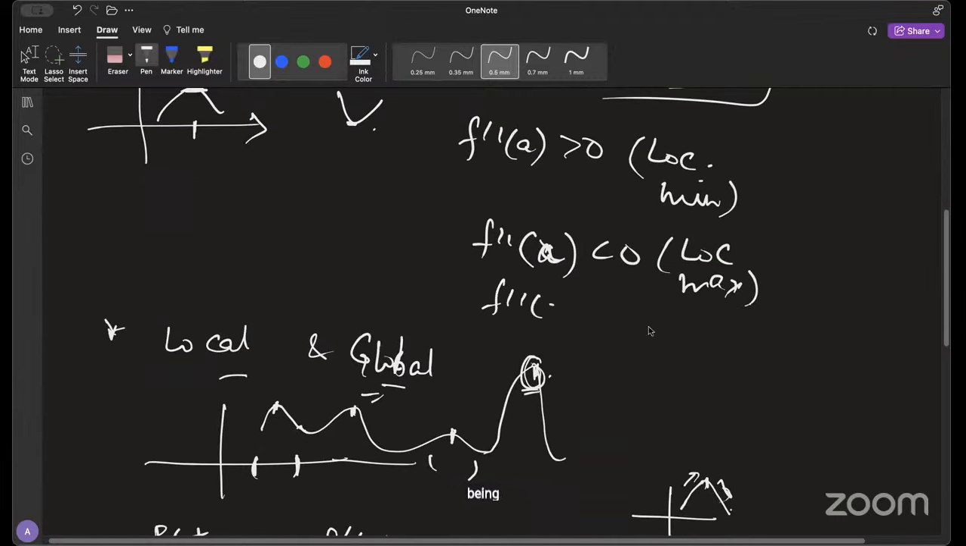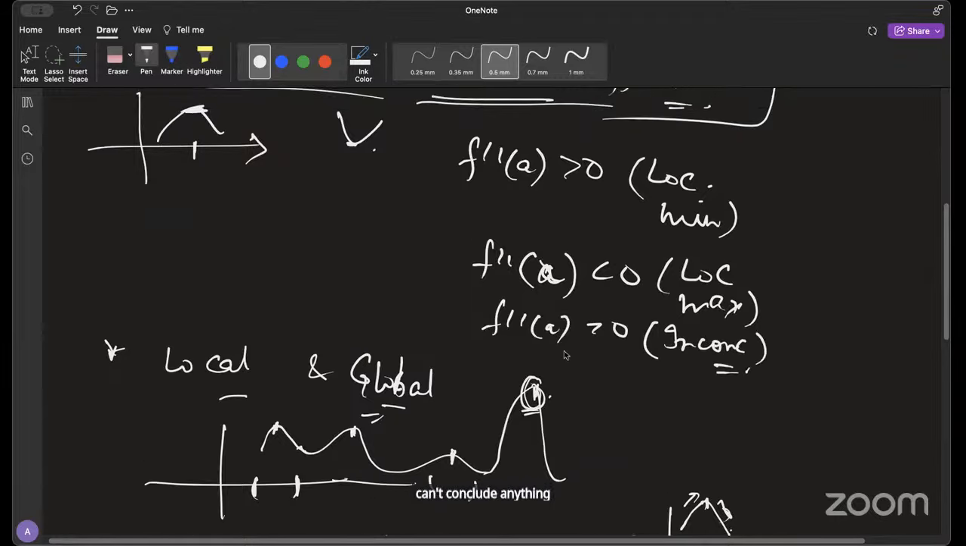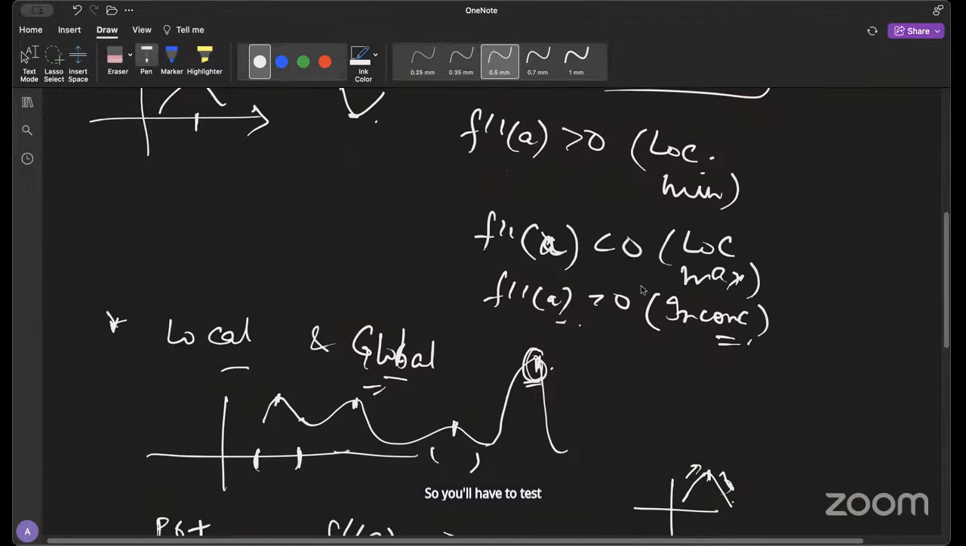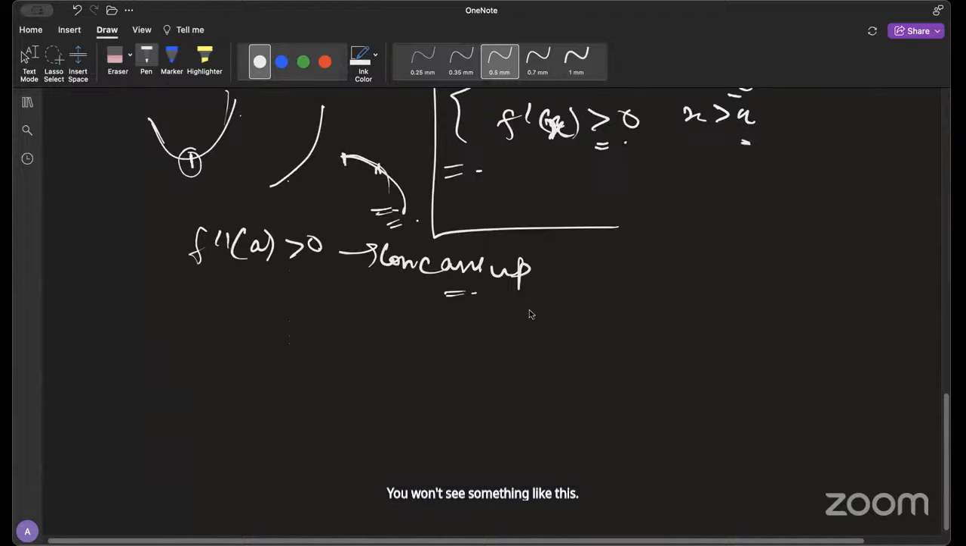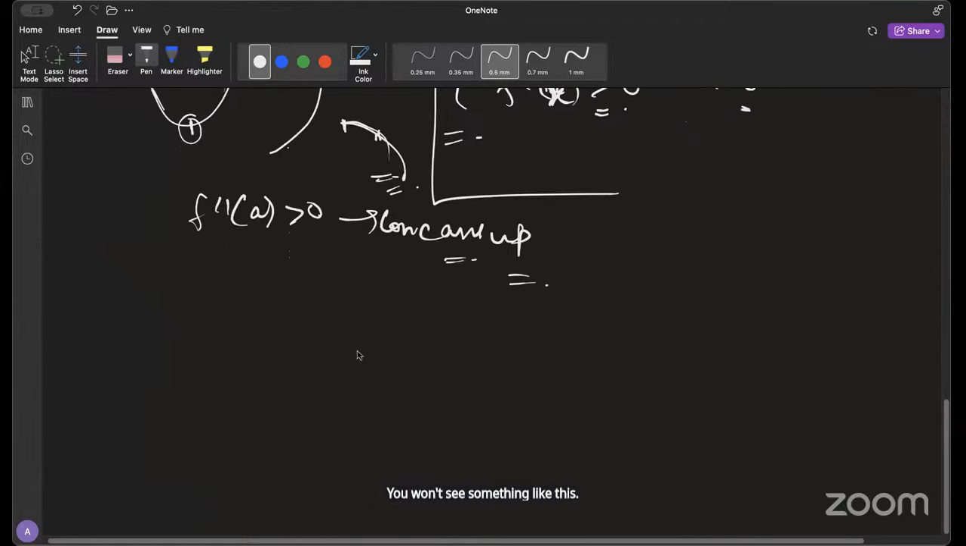If you see this thing being 0, then the test is said to be inconclusive. That means you can't conclude anything from here. So you have to test for other things, but you won't see something like this. And then next up we have